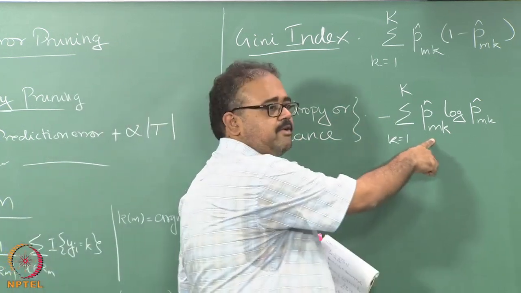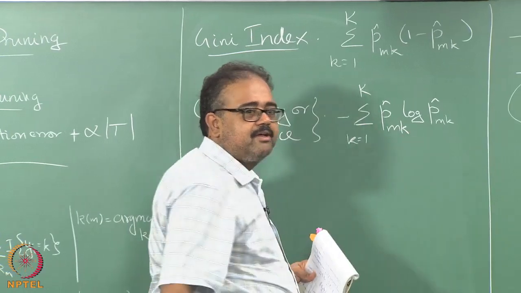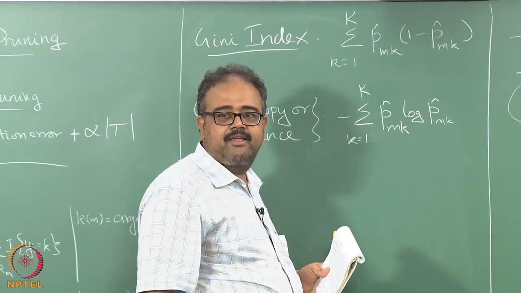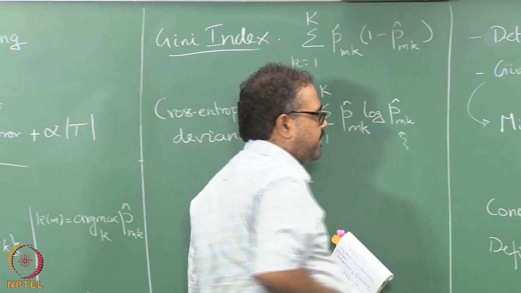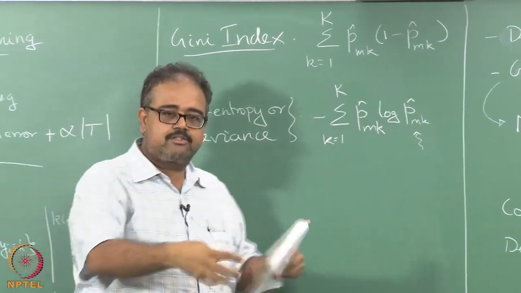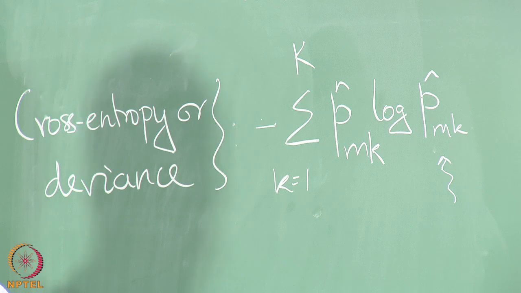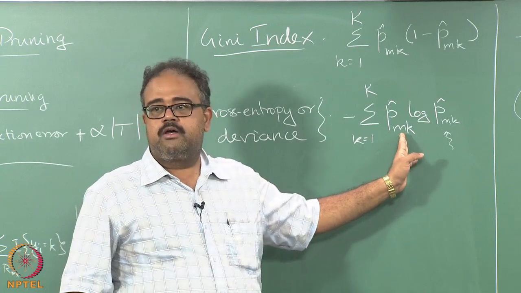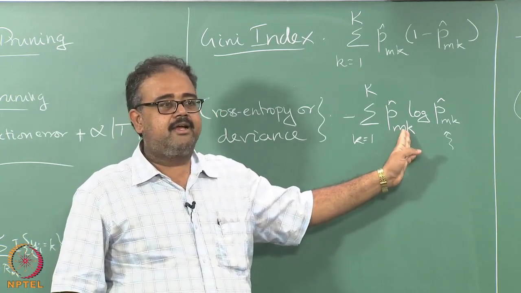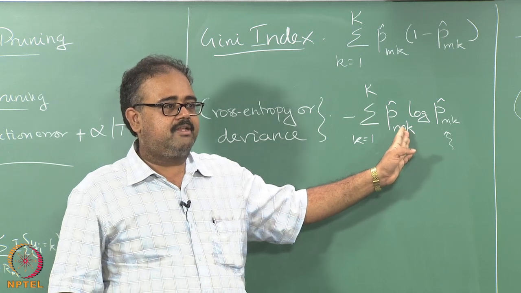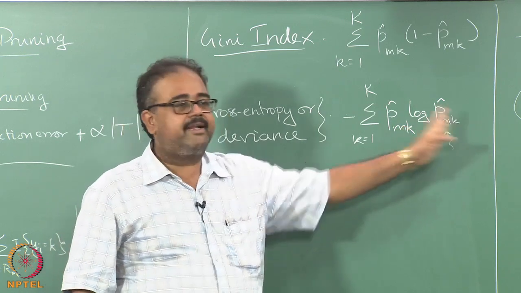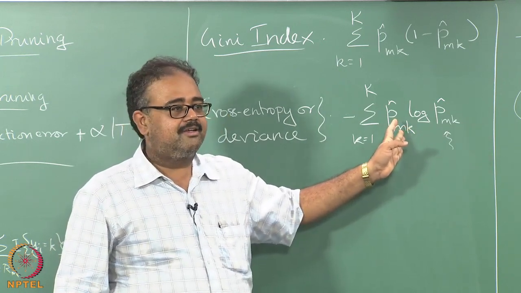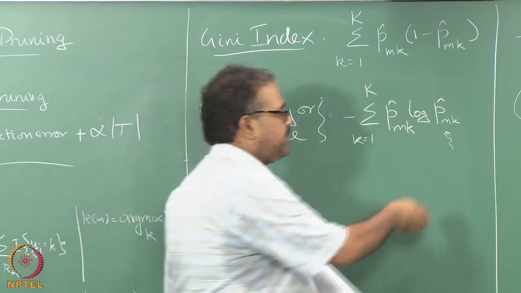Where is the cross part, right? You have p hat mk and you have p hat mk there. So, why do they call it cross entropy? Okay. It turns out that that's the true output label distribution that you have, right, from the data that is given to you, and this is what you do for estimating. This is the estimated label distribution, and since you are using an unbiased estimator for the probabilities, you end up actually estimating the true probabilities. So that is why it is called cross entropy. This is supposed to be the